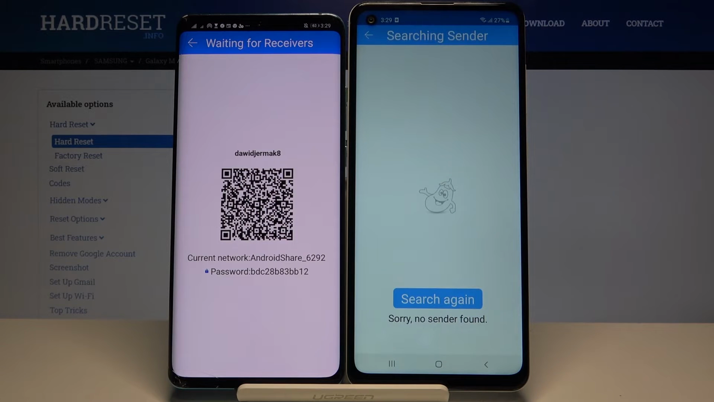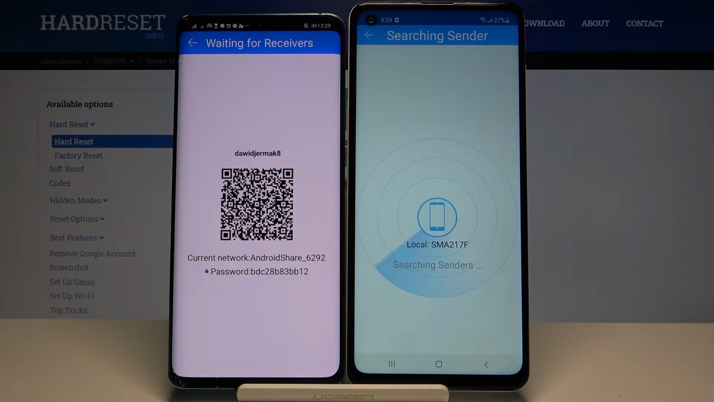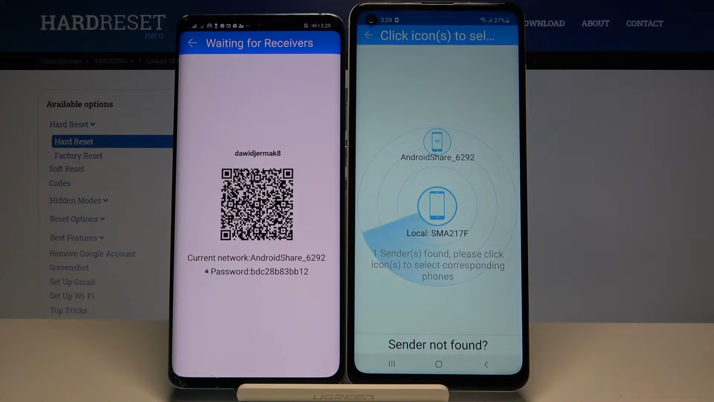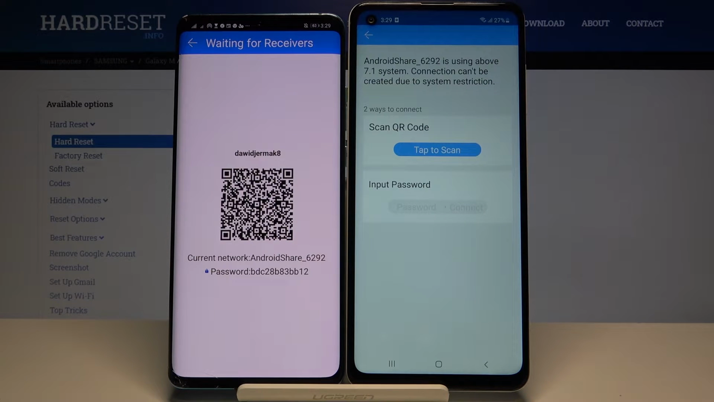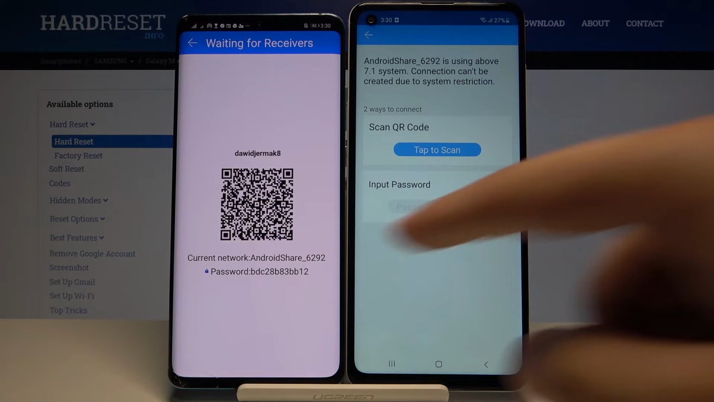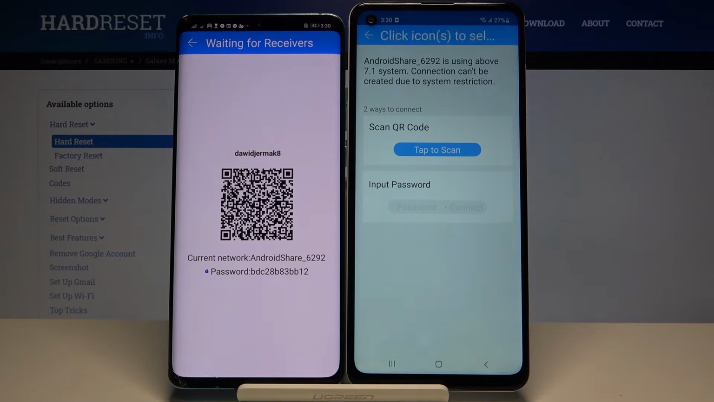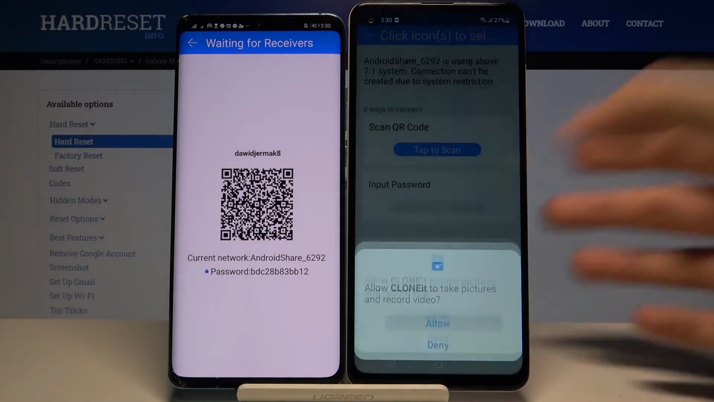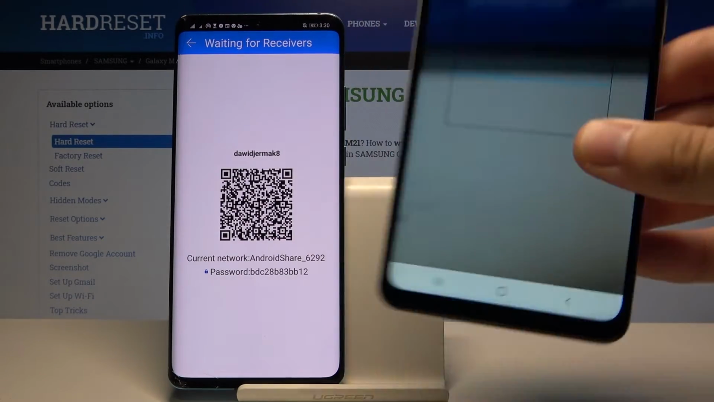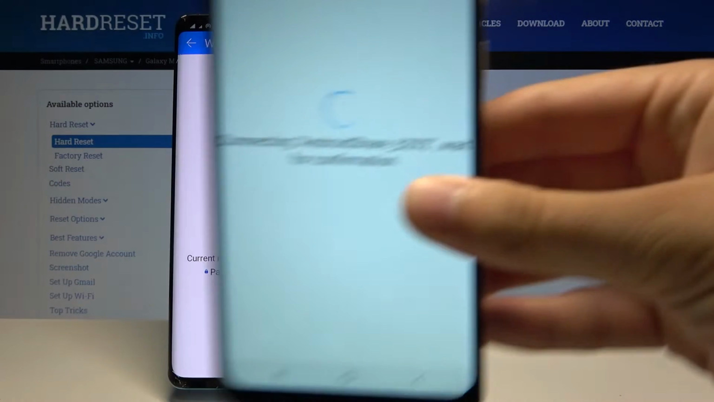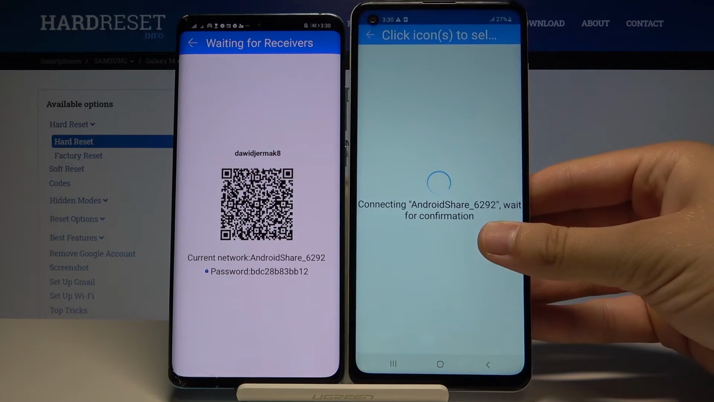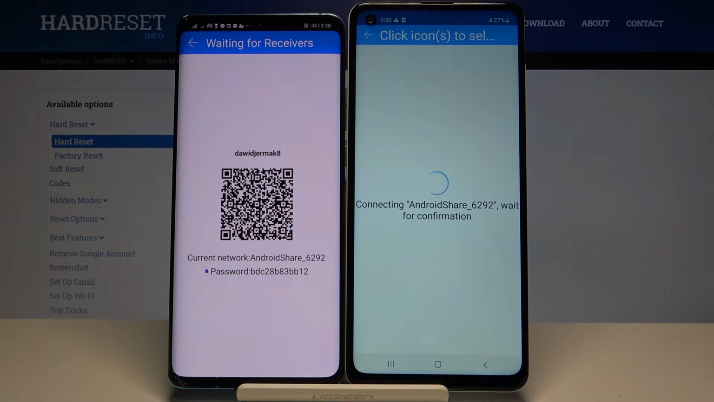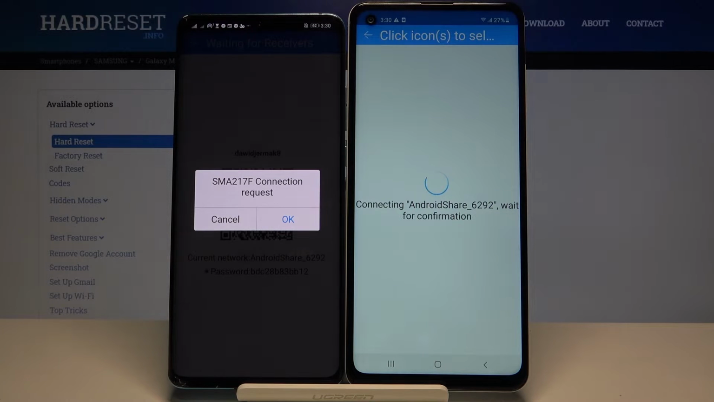Click receiver, tap search again. Right now they are looking for each other, so we have to wait a little bit. Click on this Android share icon, and currently we got two ways to connect. We can scan this QR code, but also we can input the password manually, so you have to pick your way. I'm going to scan the code. So grab your phone, put it in the frame right here, accept the request,